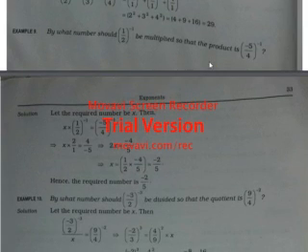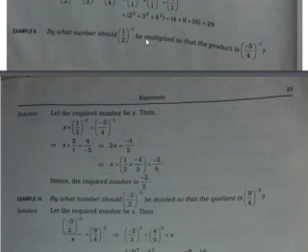Now if we see, there is example 9. By what number should 1 by 2 raised to the power minus 1 be multiplied so that the product is minus 4 by 5 raised to the power minus 1? Already, if you remember the earlier exercise, I had explained that when the product is given and one number is given, the next number becomes product divided by given number. So here it has been done by the assuming method. Even you can write the next number is equal to product divided by given number, and you will divide this with this number.